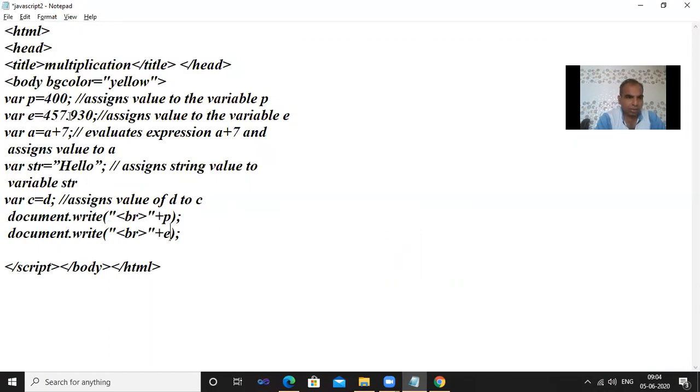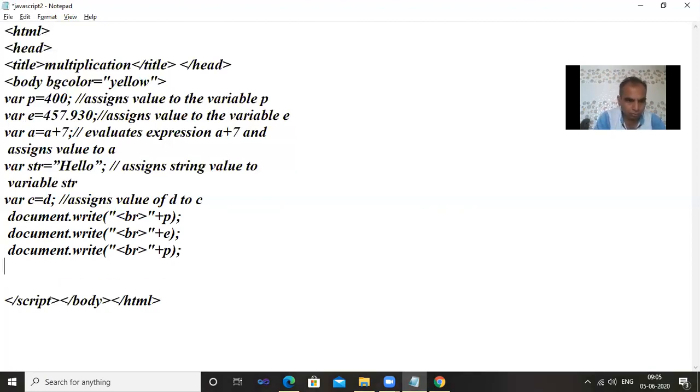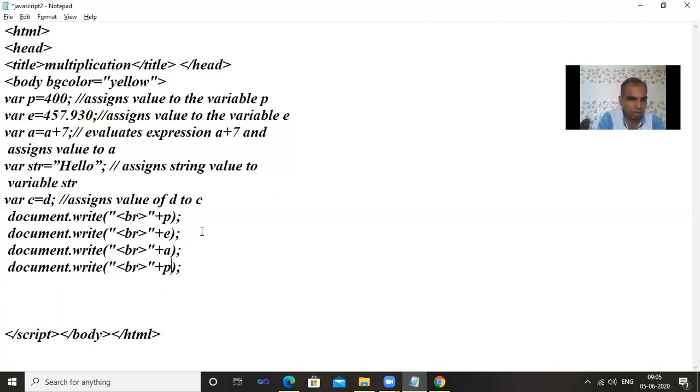Second, we declare the decimal point value 57.930, displayed with plus e. For variable a plus 7, we give the expression a is equal to a plus 7. Here we assign the value of a, so whatever value a has, a plus 7 is the expression. Again a, then we declare the string hello, and it will display the hello string.